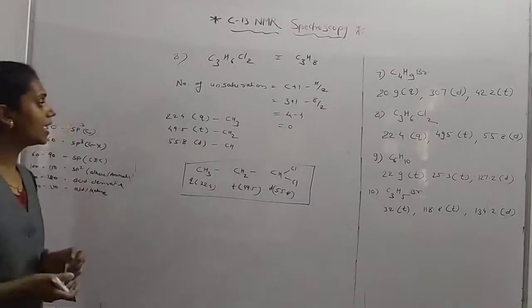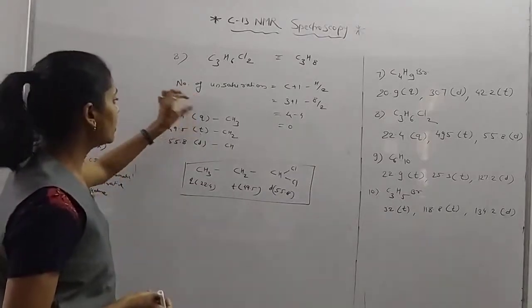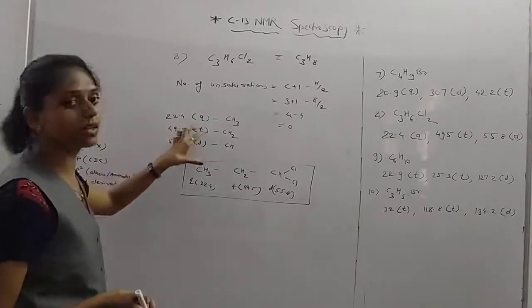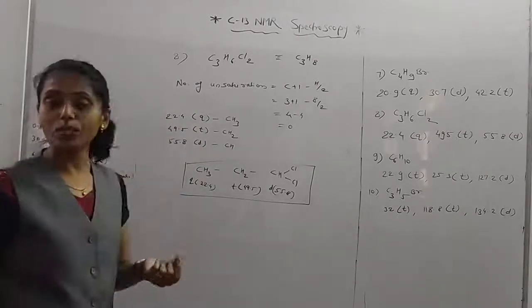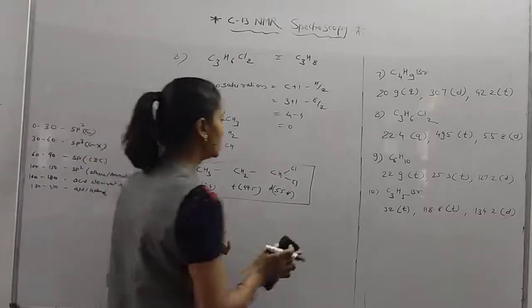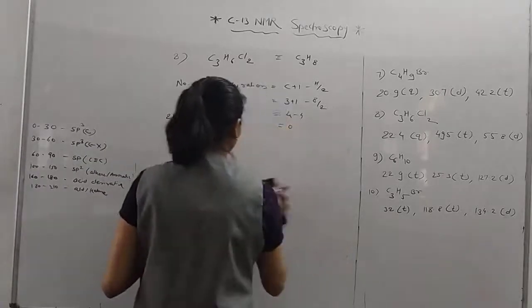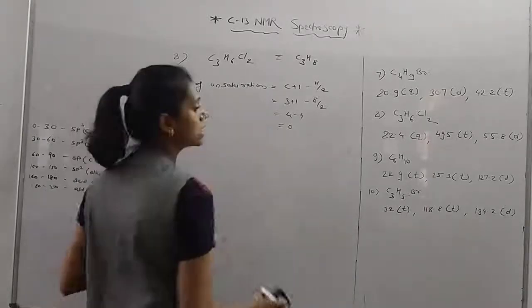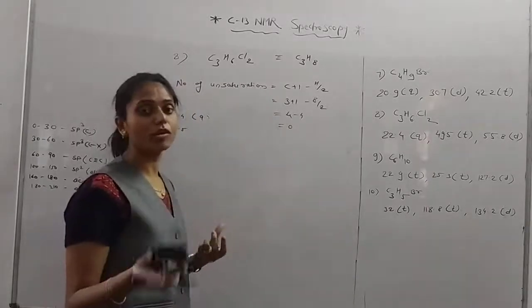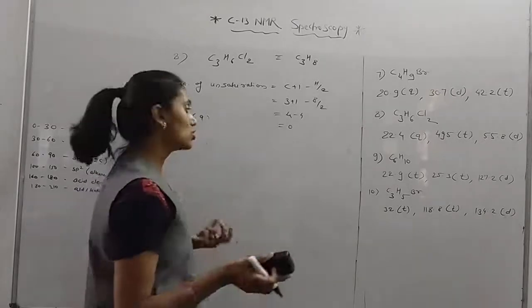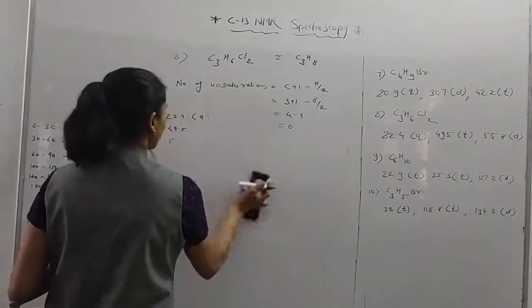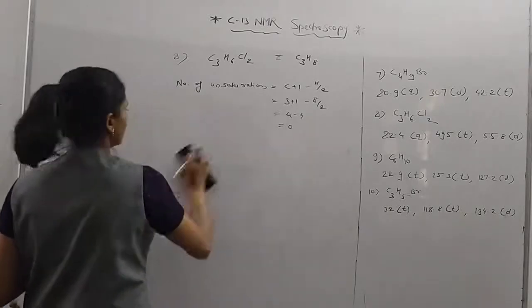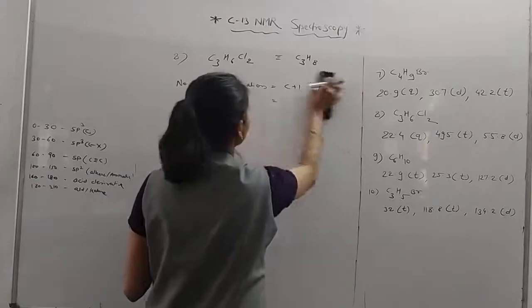Every time, check every condition, that means number of signals, position of signals, spin coupling. Each and every point must be checked. As tautomeric compounds or any other compounds may be present, that means alcohol, maybe ether, the molecular formula is the same but the structure is different, so this type of problem may be given in the exam, so you must write the structure according to the given data.